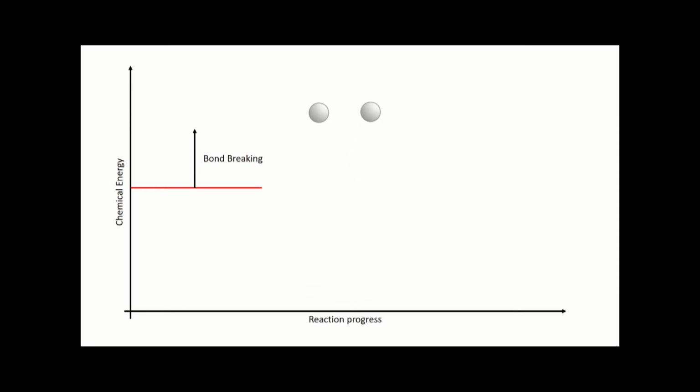Okay, now if that's true, then when we make bonds, we must see the opposite effect. And if I've broken my molecule up into those two atoms and I make the bond again, then what we'll find is that when we make bonds on our energy level diagrams, we are always going to see a down arrow. When we're forming bonds, we will find that we go down in energy. Okay, it's a more stable configuration. The molecule has formed the bond to make itself chemically more stable, energetically more stable, and so we are going